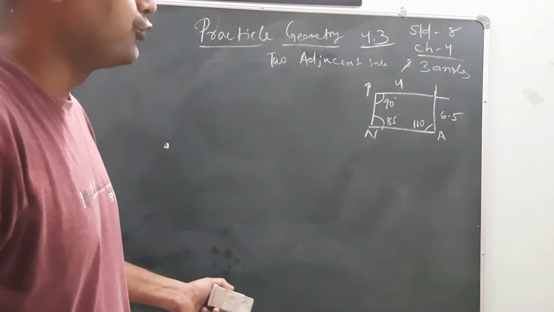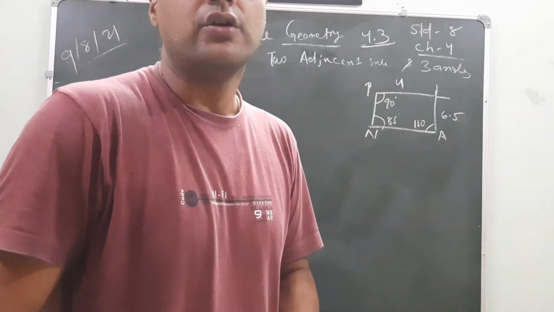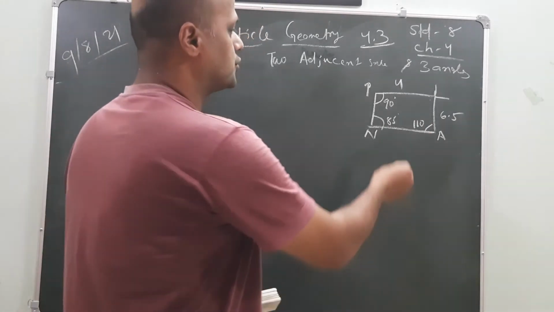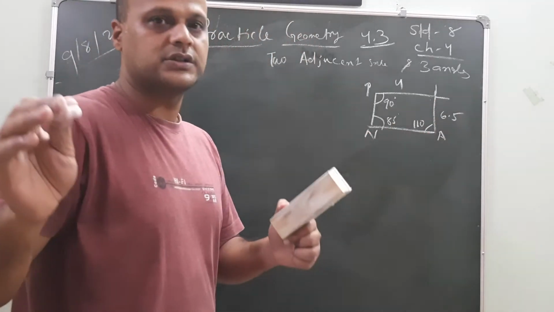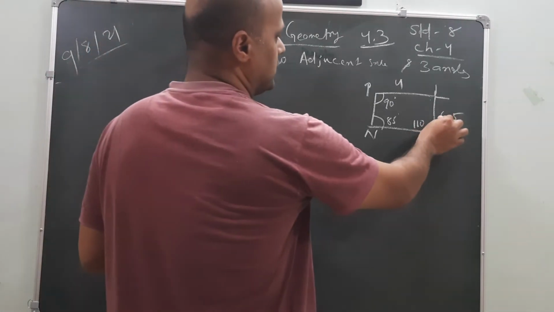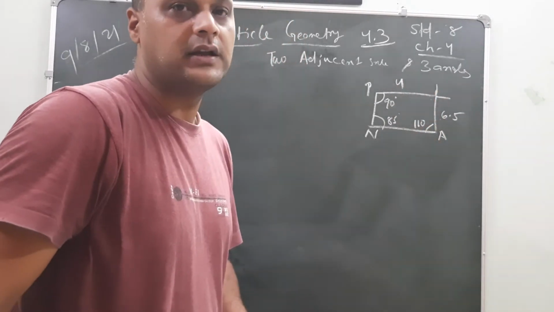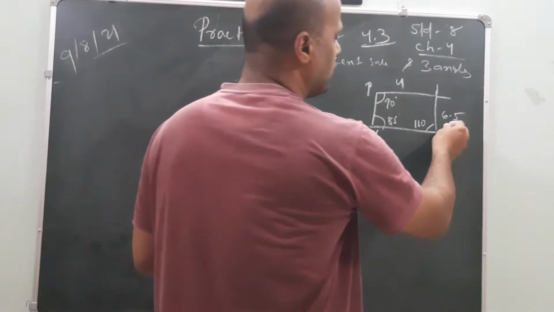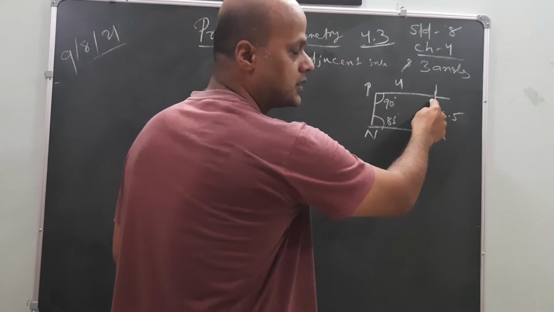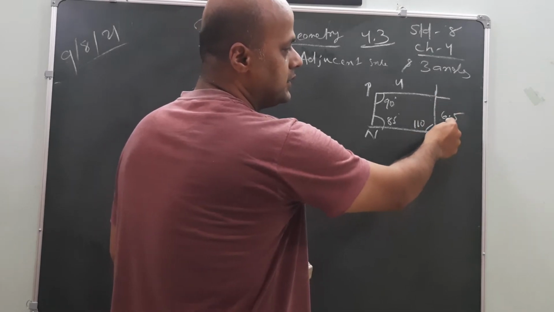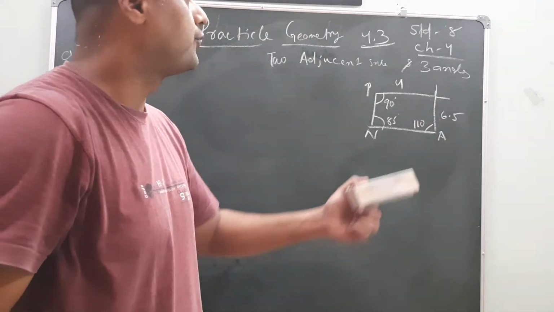Okay. So before going to the drawing, you have to remember that the sum of all angles of the quadrilateral is how much? 360 degree. Why I am discussing this principle is because the two sides which are given have no common adjacent angles. So what you have to do? First find the adjacent. Here 4 centimeters is PL, but one angle is given, another is not given. Here AL is given, but angle A is given and angle L is not given. So you have to find angle L.